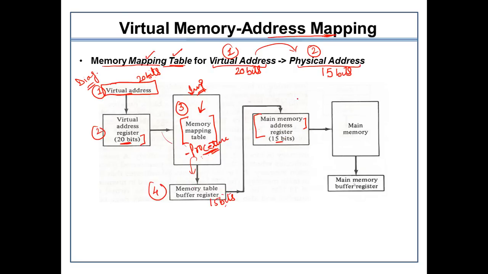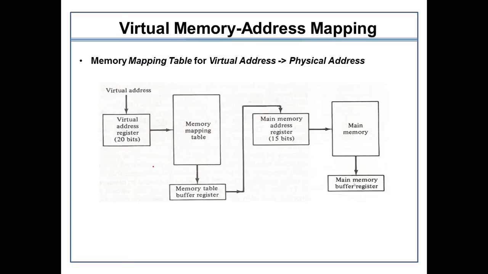Once I got the main memory's address, things become very simple. Now I simply go into the main memory and look for that particular address, and at that address I look for the data available there, pick that data value and store it in the main memory's buffer register. This is how the address mapping procedure happens. The only basic point was the memory mapping table. We will learn how the memory mapping table actually works in the next slide, where I will take one example.